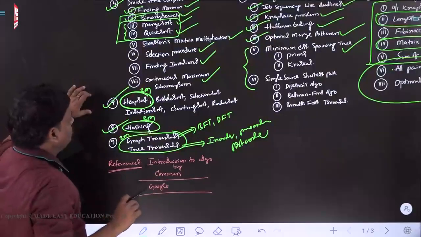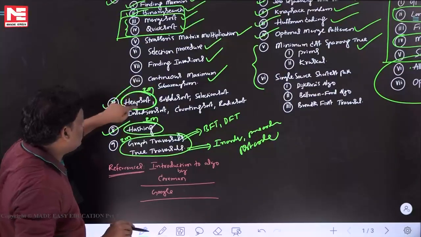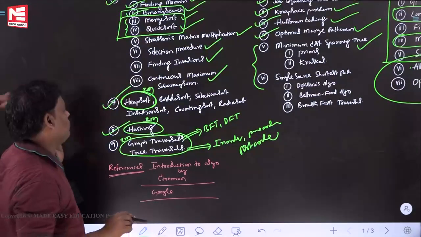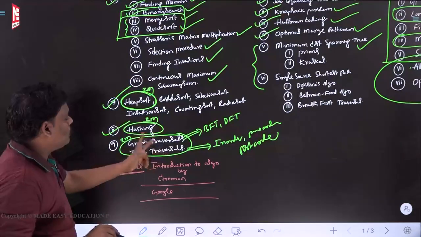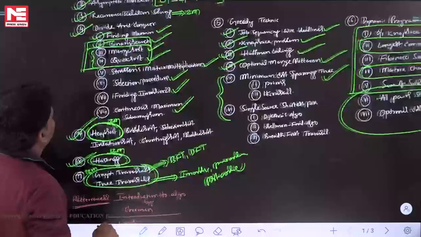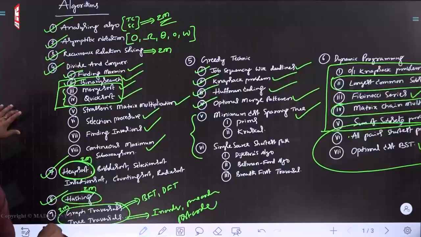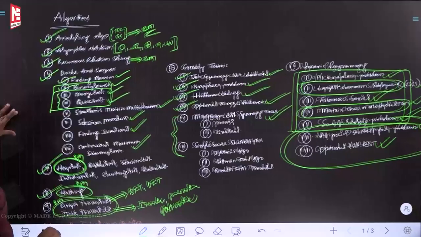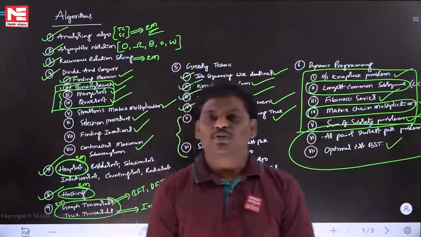Let's go to the 7th one. Heap sort, bubble sort. In the 7th one, heap sort is really important. Every year 2 marks confirmed. The 8th one is hashing. The 9th one is going to be graph traversal and tree traversal. Minimum 2 marks will come. This is the computer science GATE syllabus for the algorithm subject. Many people know it, but it is better to write it down one time. I hope you are fine with the total syllabus.